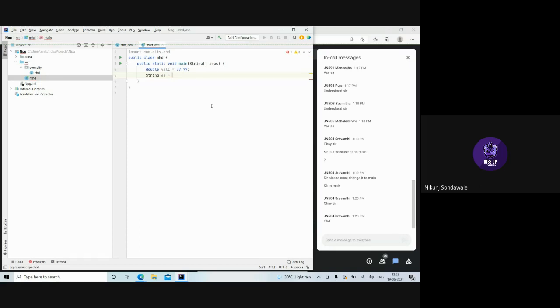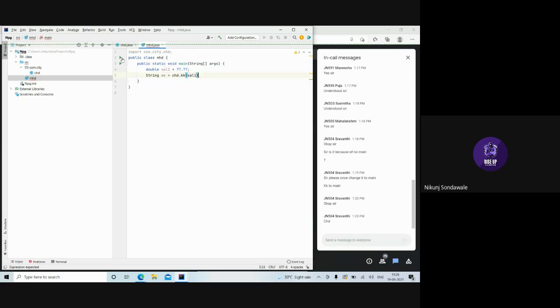So for that, we need to mention the class, and then the method name. What was the method name again? KK, right? KK was the method name. With the help of this class name and method, we will pass the value to this. That value is in the val1 variable. We will pass that value.